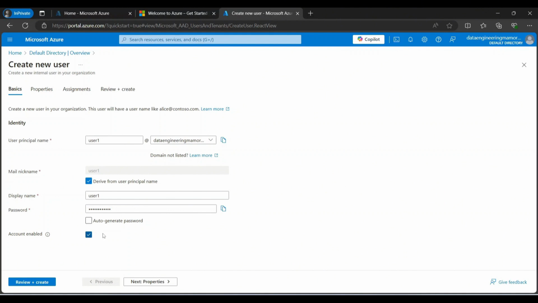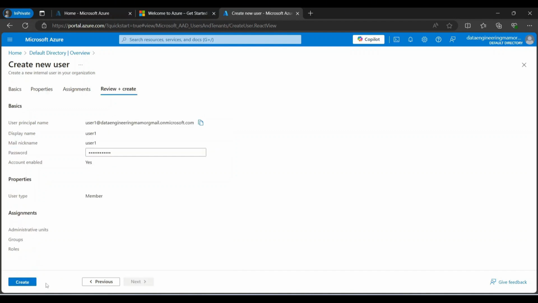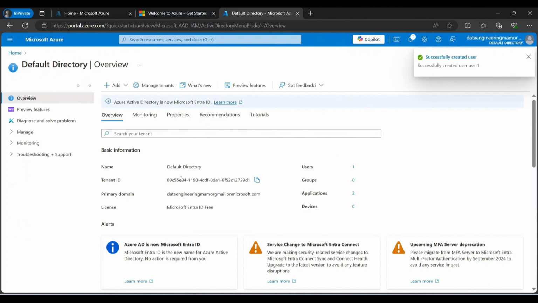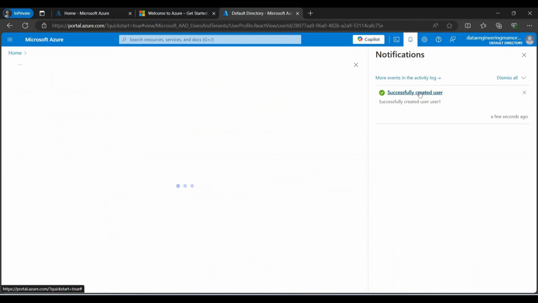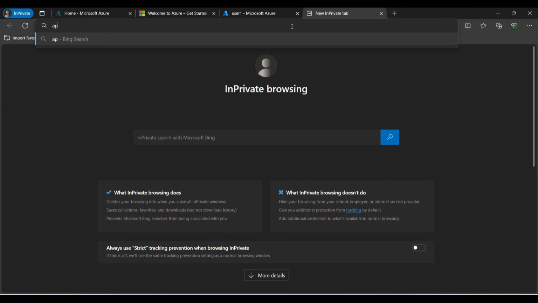So for account enabled, you need to check this one. You can check the properties, but for the moment, this is enough for our side. Just go and click on create. So this is the user right now that you can see. We have created that user, and here you can see the details, the user principal name. So this is the one that we are going to use, and going now to the Fabric portal,